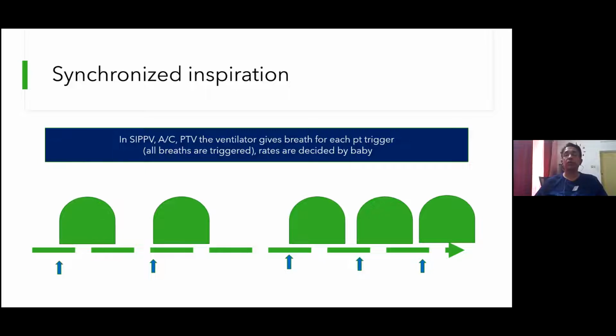So this is a good mode, because if the baby is breathing and asking the ventilator for too many breaths, it means that the baby is not supported well. That's why he's still tachypneic. Tidal volume is small, so rates are high. Once the baby starts improving on the ventilator, you will automatically see that rates are coming down, because tidal volume starts improving and the rates start coming down.